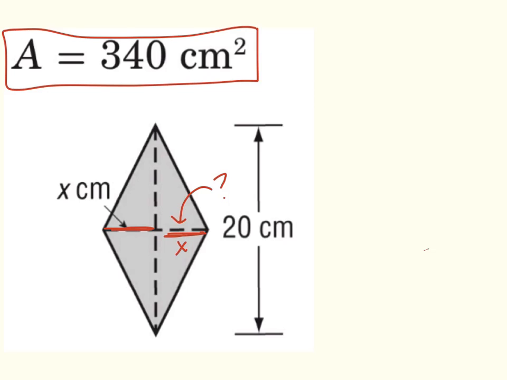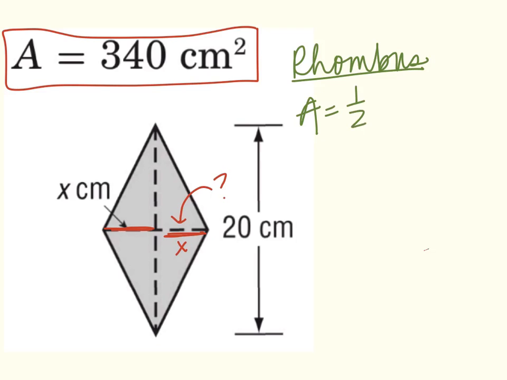We're going to call that a rhombus, okay? A rhombus. So what is the formula for a rhombus? The formula is area equals 1/2 diagonal 1 times diagonal 2. Thought I had a kite on here and I'm not sure why I don't. But anyway, okay. So I have area equals 1/2 times diagonal 1 times diagonal 2. So now they tell me the area is 340